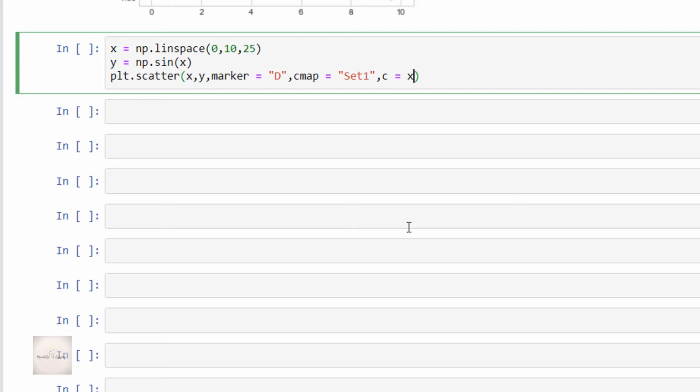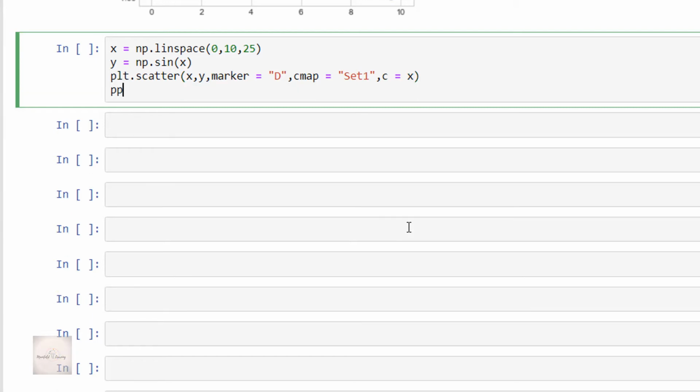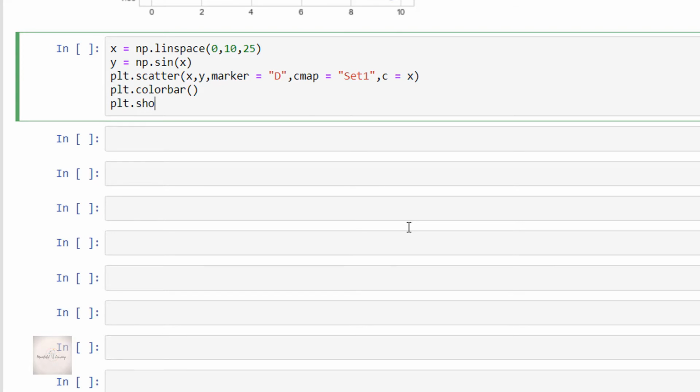After that I'll give plt.colorbar and then plt.show. Fine. As a first step, here I'm creating x and y, wherein x is equal to np.linspace of 0, 10, 25 and y is equal to np.sin of x.